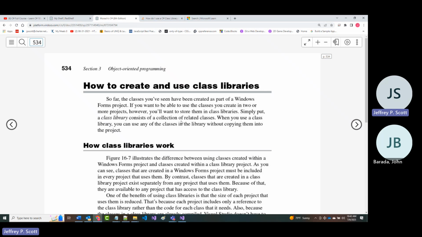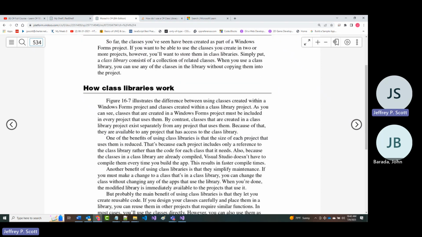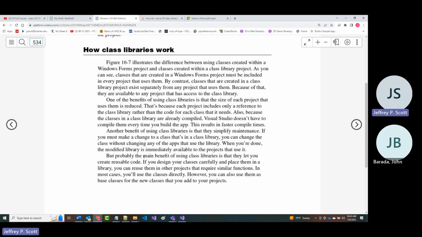I could put those into one or more classes and put those into a class library. Then I'd be able to share them without having to copy them into each project. As far as class libraries and how they work, the next figure illustrates the difference between using classes created within a project and classes within a class library project.